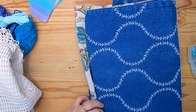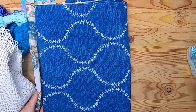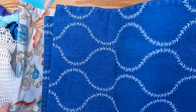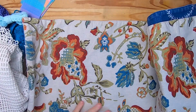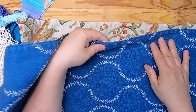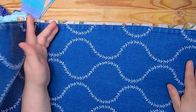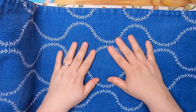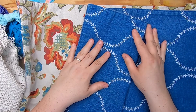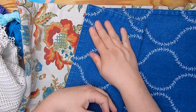So this is like a table runner. It's thick, it's double. Whoever made this made it very durable. So the front of it, or the back, I don't know which is which. I'm not a big fan of this fabric, but I love this. And it feels almost like denim. And I thought, how nice would that be as a journal cover? I hope the color is coming up true on camera. To me, it looks slightly more navy than it is in real life. In real life, it's very